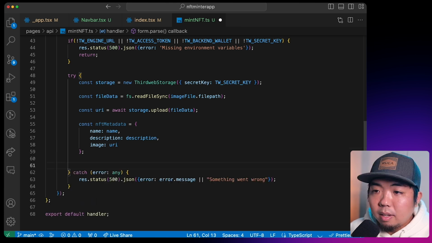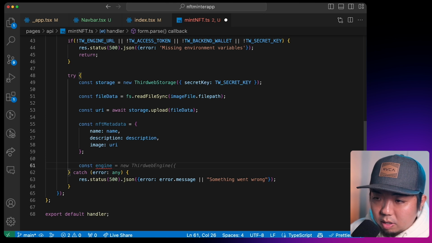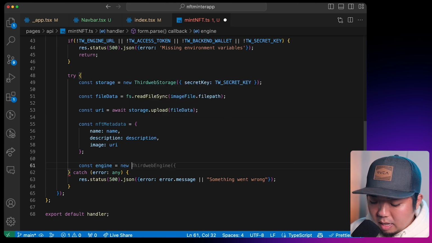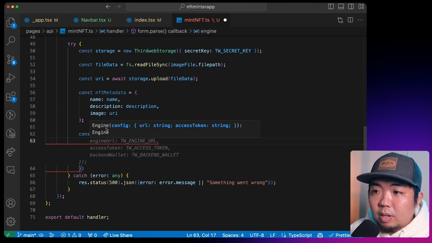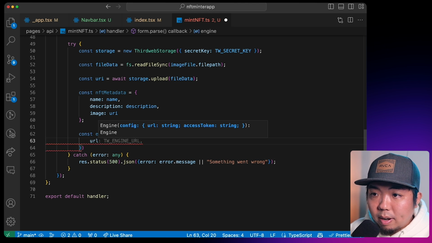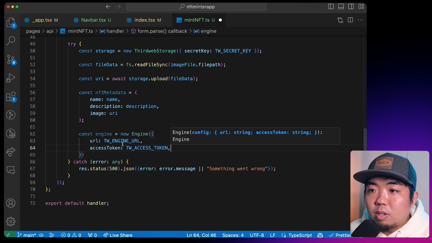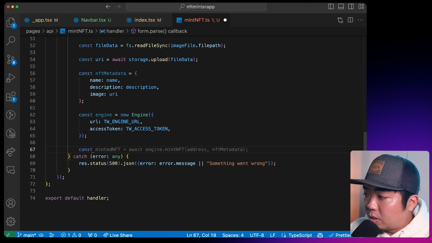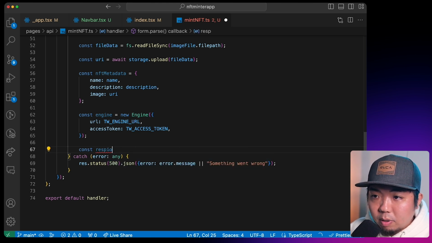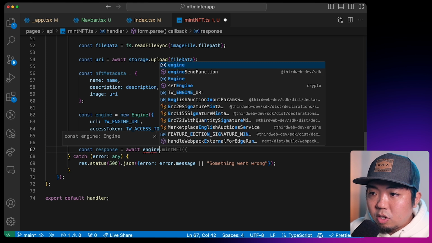Now we need to get an instance of our engine here. So we're going to create a variable called engine. We're going to get a new engine, and we're going to have to provide this with our engine URL, which is going to be our thirdweb engine URL, and then our access token, which is going to be our thirdweb access token. Then we're going to create our request and get back our response here. We'll store this in response, and our request is going to be to await engine,